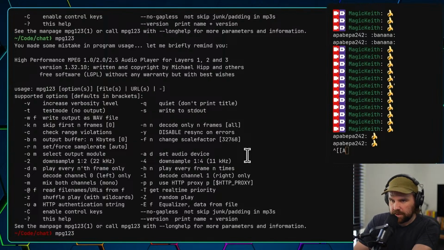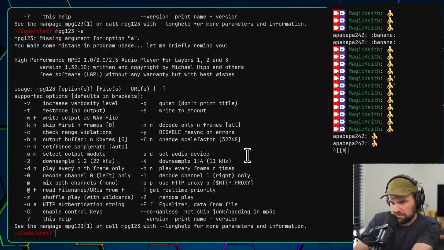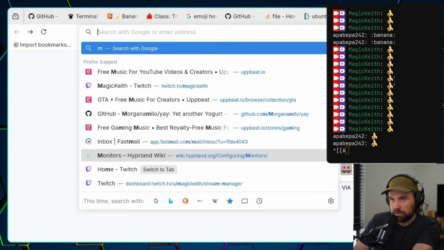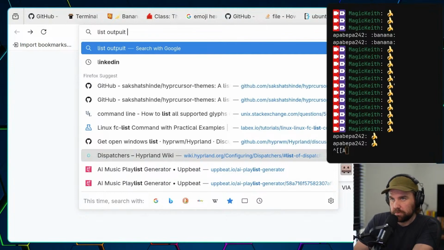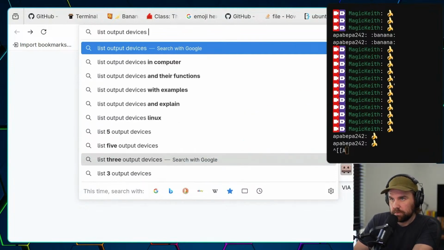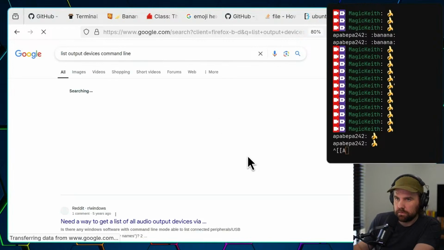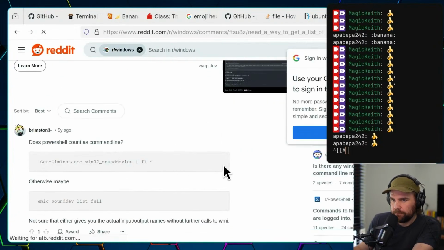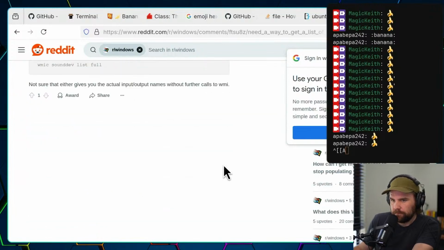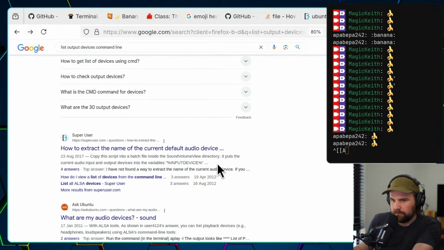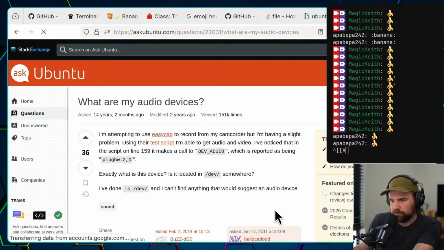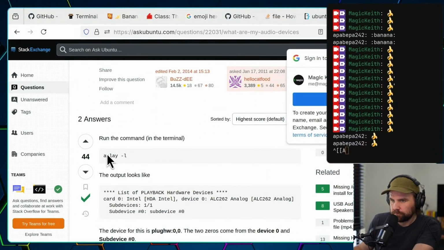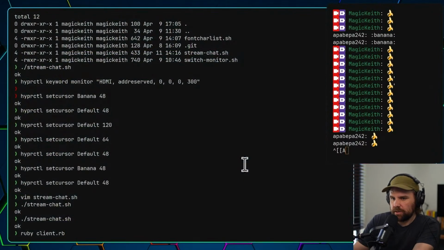How do I list my output devices? List output devices, command line. aplay -L.